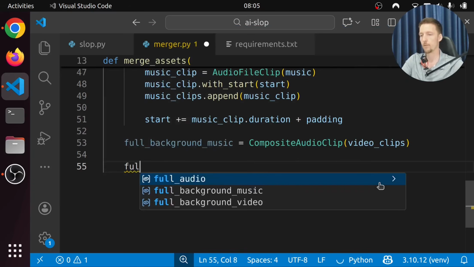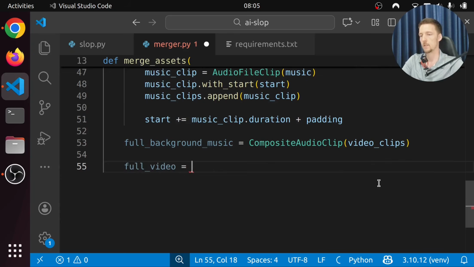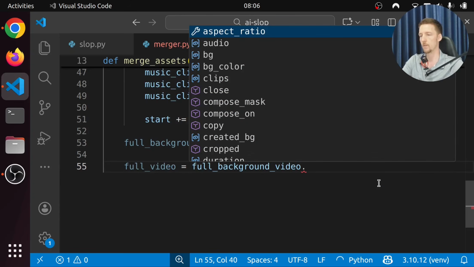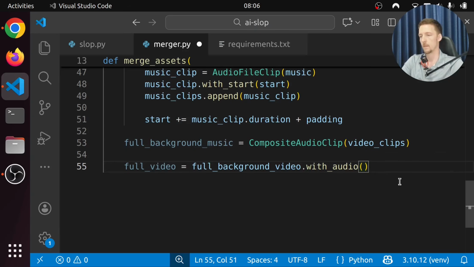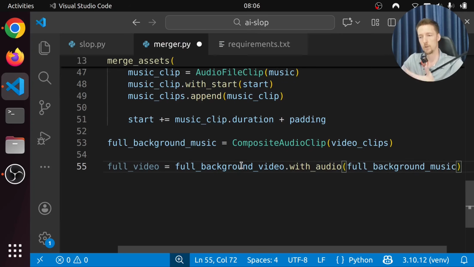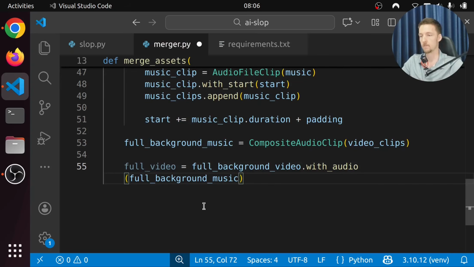And then let's just put them together. So we can say that the full video is going to be just the full background video with audio. And we could put the full background music here, but we also need to add the quote audio. And we can't do with_audio twice because it's going to replace the audio.